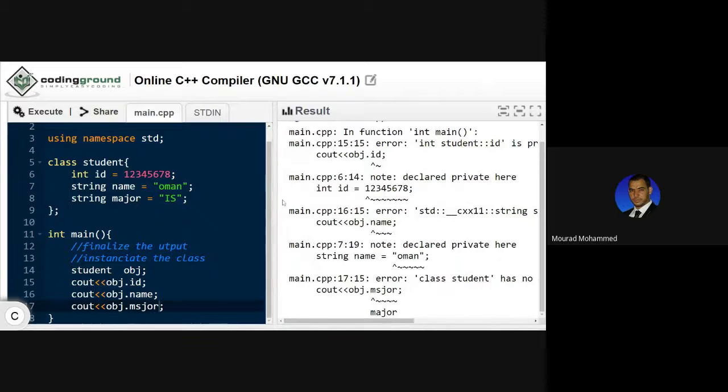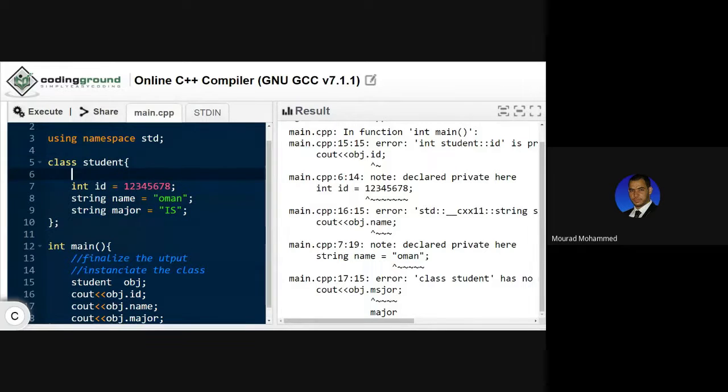Since it is talking about visibility, I'll start with the first one. We cannot use those variables here: the ID, the name, the major, outside of the scope. The scope is the class only because they are private. To do so, I have to respect that. So I'm going to say private,